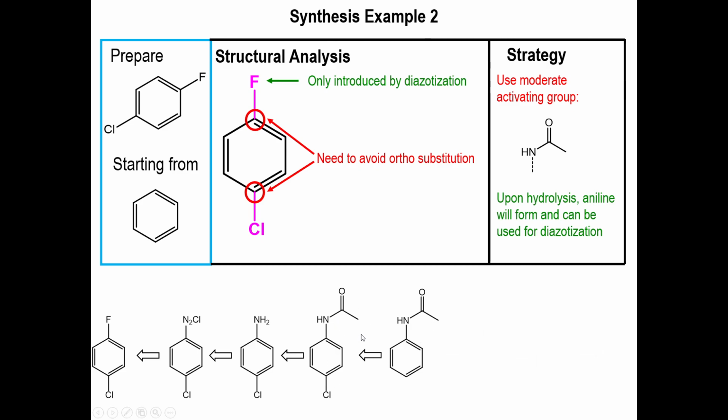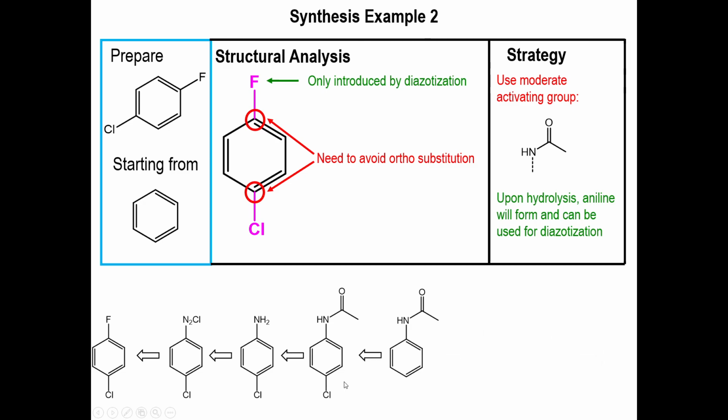And by the way, the acylation of the nitrogen is done such that you don't undergo multiple chlorinations. Because if this was straight out NH2, you will very likely end up with 3 chlorines at all the ortho and para positions. So this is one way to kind of cool it down a bit and end up with